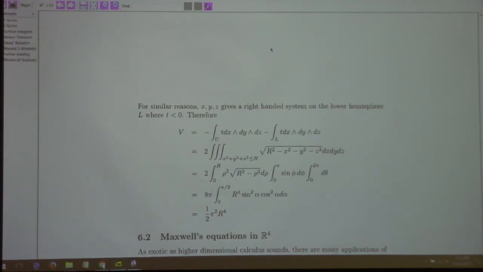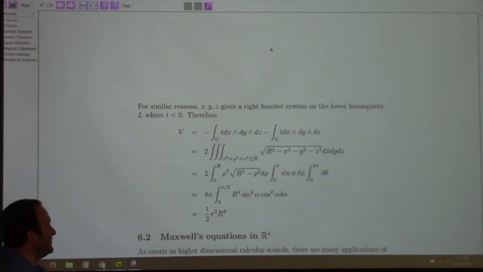That would be a typo. It would make sense here if t was positive up here, right? Then it would make sense. There might be a typo. I don't want to condemn the author of this without